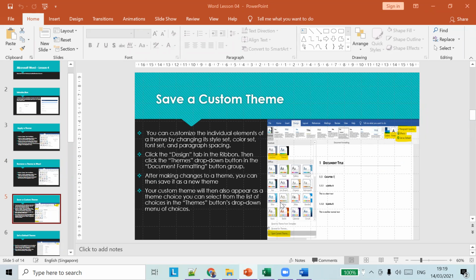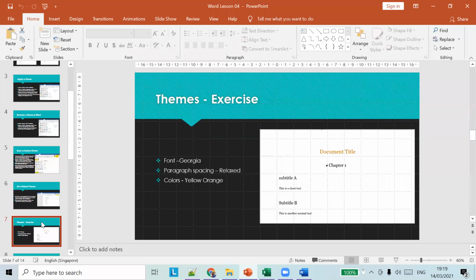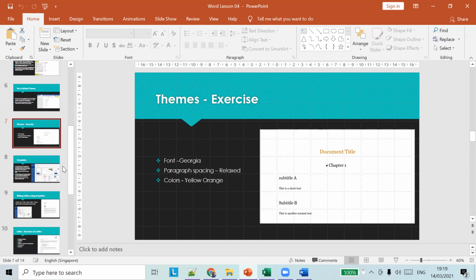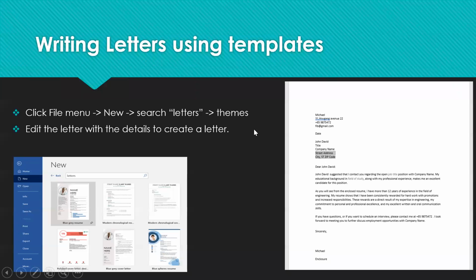And also we saw how to save a particular theme as a default theme. And we had a simple exercise. So we are done with themes today, and then let's move on to the next topic called